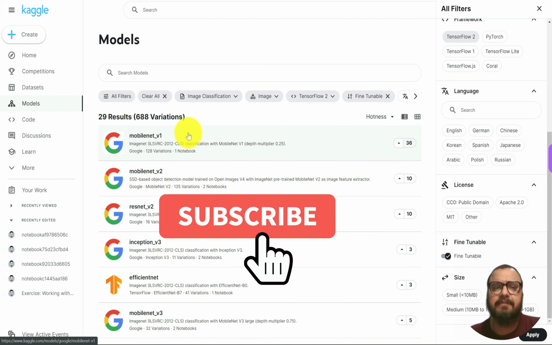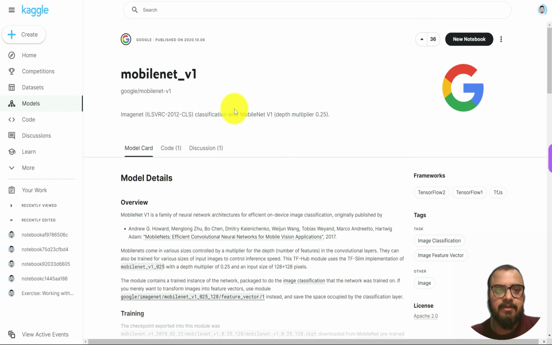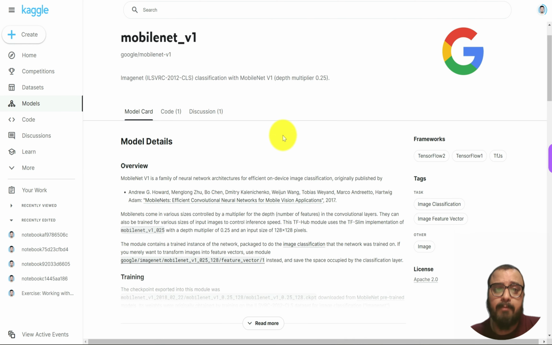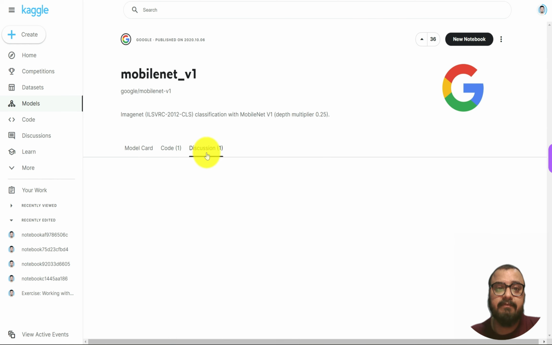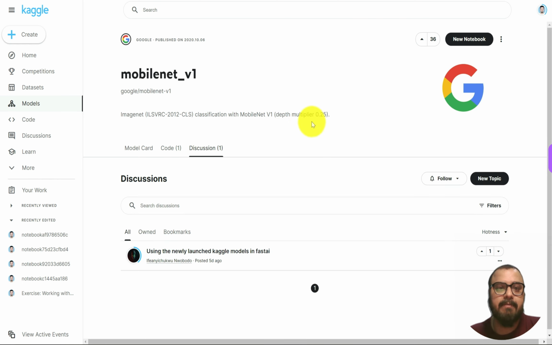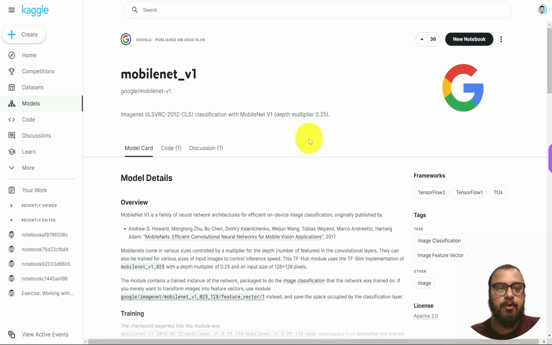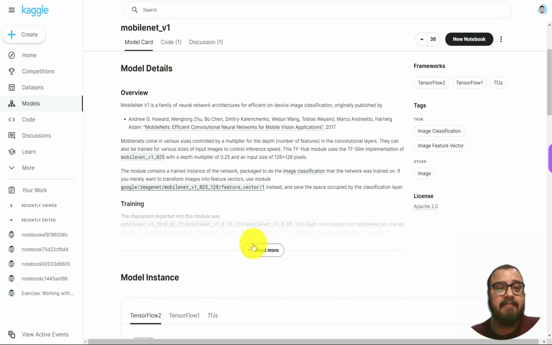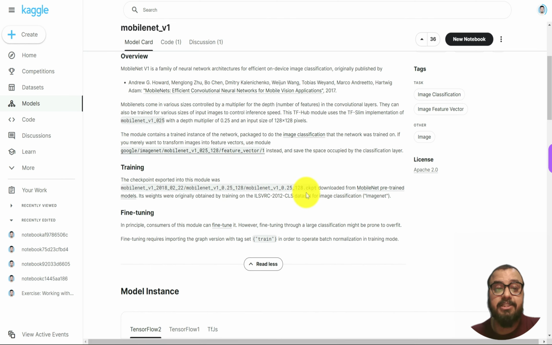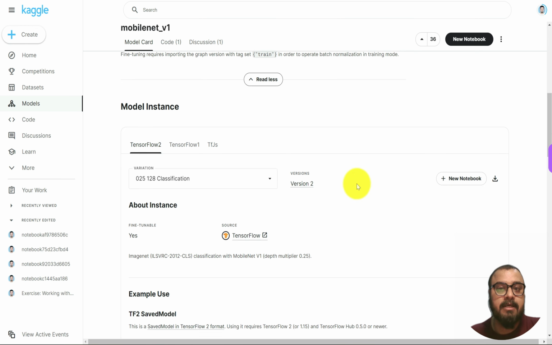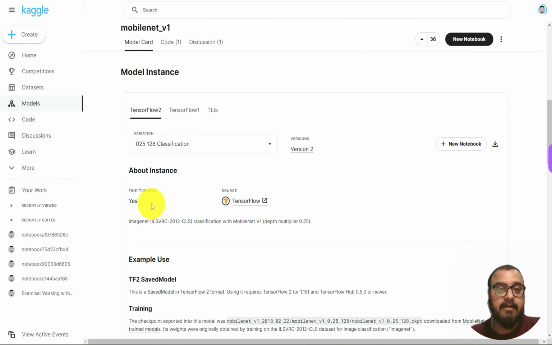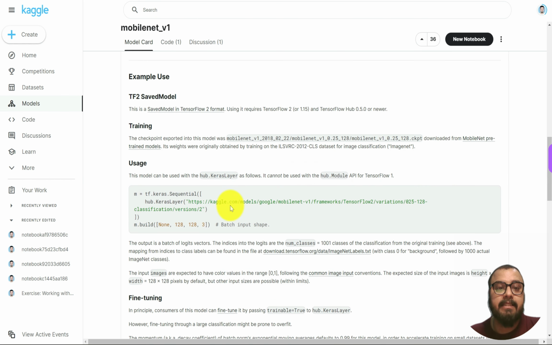Let me open the first model, MobileNet. Once I click on it, you can see a model card appeared. Then we have the option to vote for it, and we have the discussion in which people are discussing this model. Let me go back to the model card. You can see we have the details about it, then the training checkpoint, fine-tune, and the variation. Then we have another piece of information that it is fine-tunable, and the source, TensorFlow. Then usage, how I can leverage it